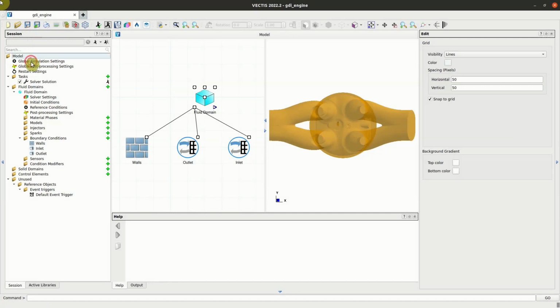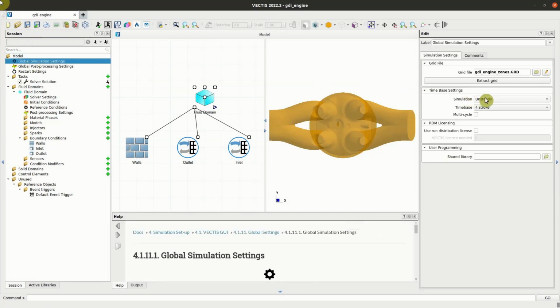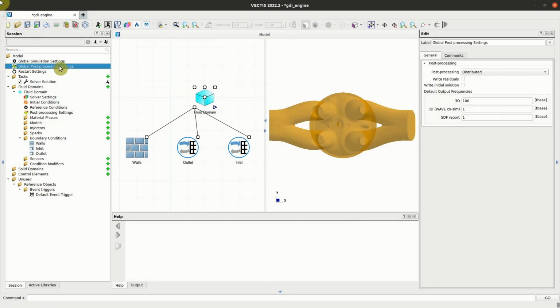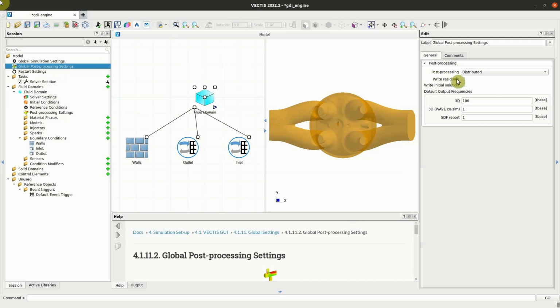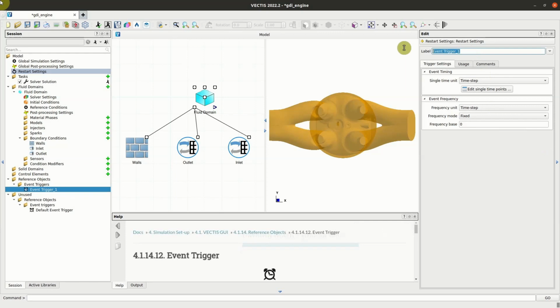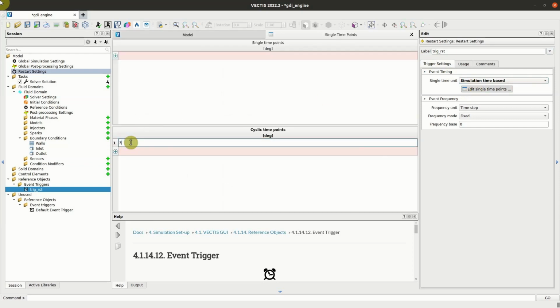We can now continue the setting with the time-based setting, where the simulation is unsteady, 4-stroke, and the number of multi-cycle is 1. In the global post-processing setting, we can write the residual and the initial solution in the post file. For the restart setting, we leave the default, but we also add a trigger for timed restart, such that we can write a restart file at various important times of the simulation, such as the start of combustion, exhaust valve opening,